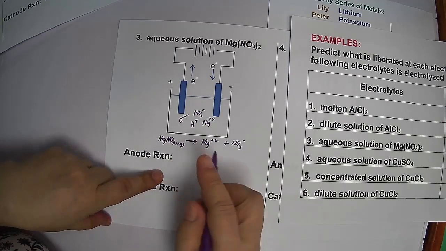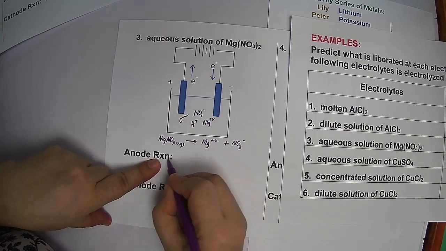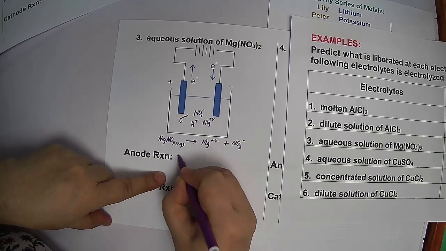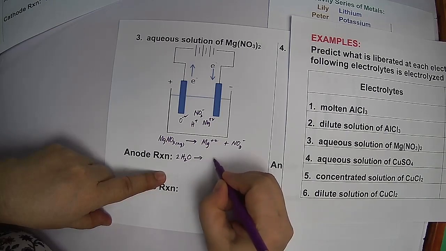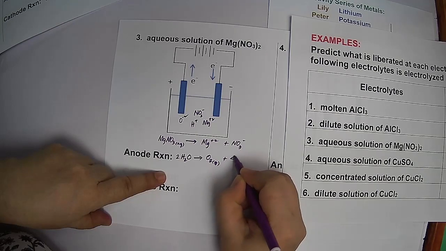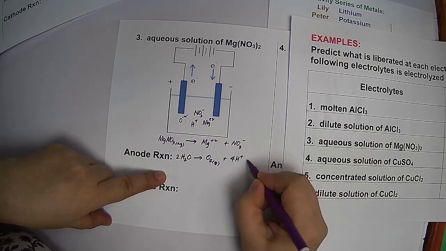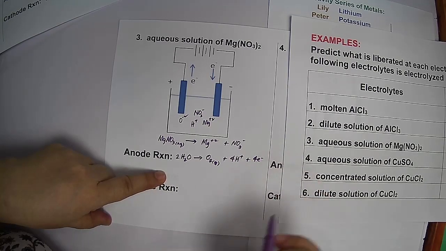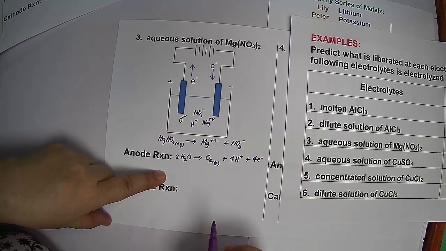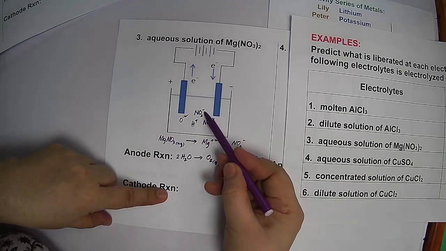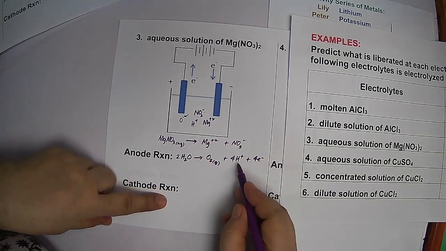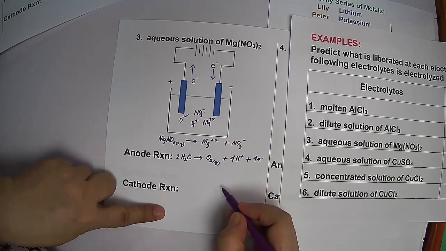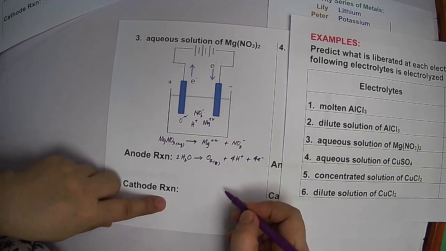So, what happened at the anode is you have 2 moles of water that will oxidize, producing oxygen gas, 4 ions of hydrogen, and liberating 4 electrons. The nitrate there will combine with some of the hydrogen. At the cathode terminal,